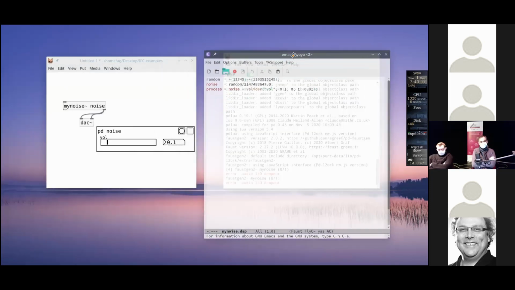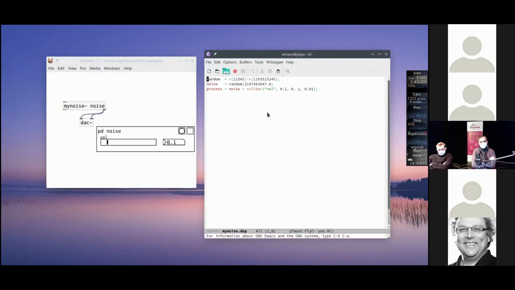If you want MIDI control in Faust, you have to augment your control definitions with some kind of metadata, which looks like this. Oops, that was the wrong key. You just type this stuff into the label, so the name of the control as it's externally visible, and you can just type something in square brackets. The convention for the MIDI controllers is you use this designation, MIDI control, and then the controller number. I'm going to pick 7 because that's the MIDI volume controller, and that's all I have to do. And now I need to recompile